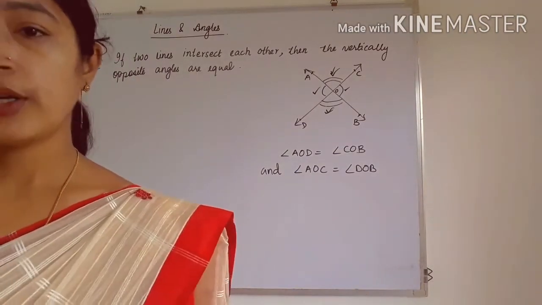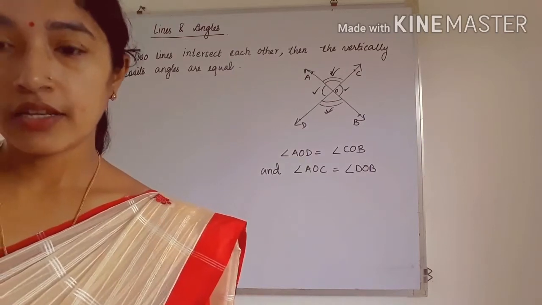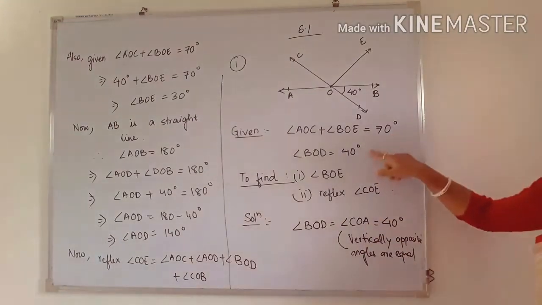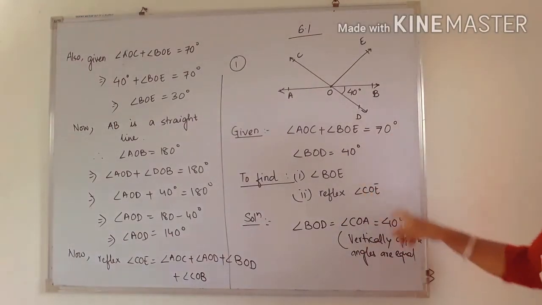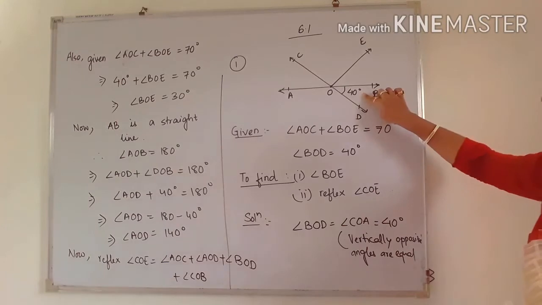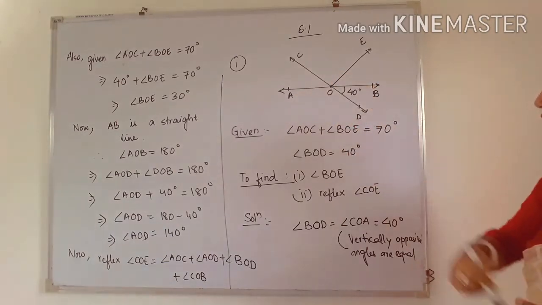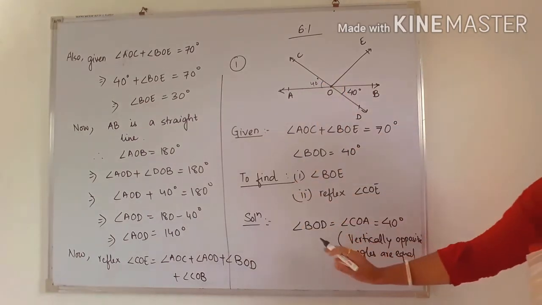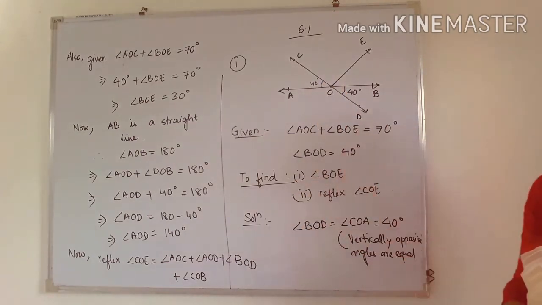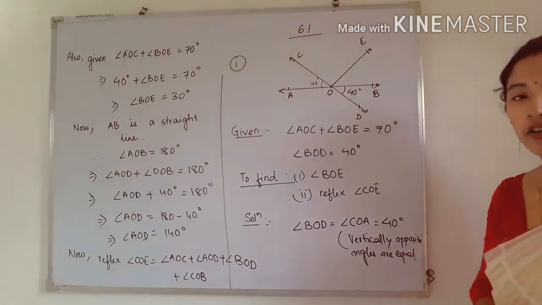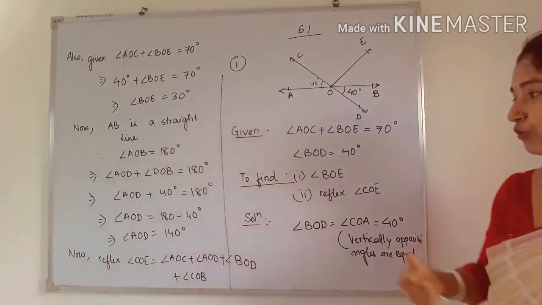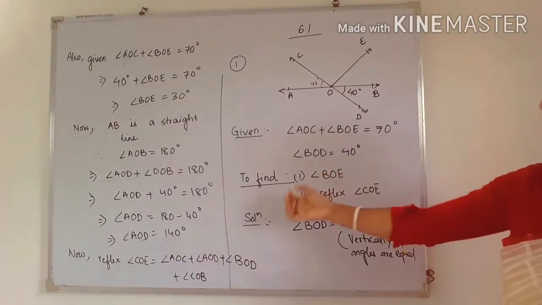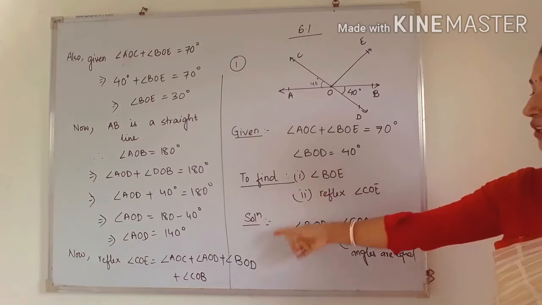So next, come to exercise number 1. So here is question number 1. In this, these two are given and you have to find this one. So see, this is 40 degrees. So that means angle AOC is also 40 degrees. In the solution, as I already told you, in a geometry question you have to first write the given, then what you want to find or prove, the to prove, then you have to write the proof, or here we are finding, not proving, so we have to write solution.